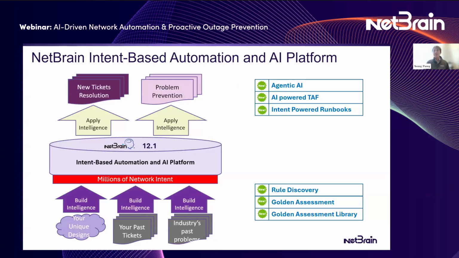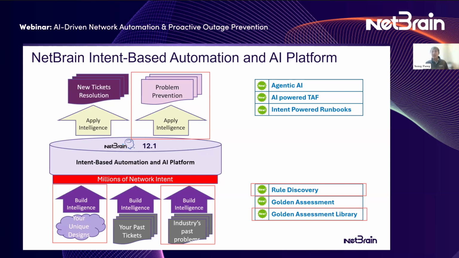The last chapter of our webinar today, we really want to look into is how we can potentially take any unique network design. I think a lot of our customers say this, and those of us that worked in networks for a long time know there are so many commonalities in networks, but every single network is a snowflake, right? Every network is built off of its own intents, rules, and configurations for the purposes that the business necessitates. And this all creates many, many types of unique designs. We really want to talk about how we can use rule discovery, which is a 12.1 capability, to take those unique designs and build intelligence out of them.